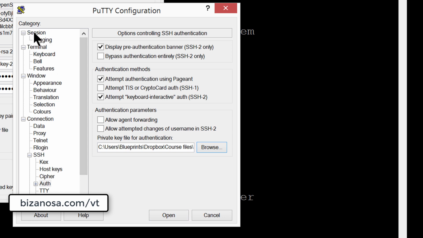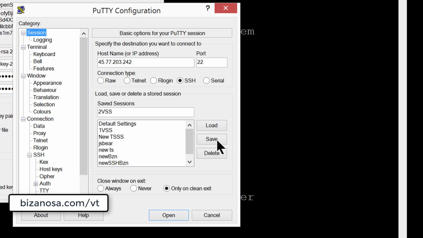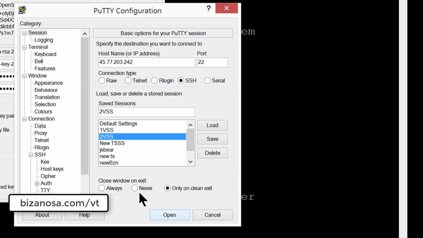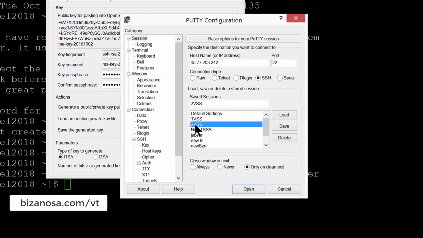I will go back into session, and then I will click on save, and that is going to save this for me, so that I don't have to do this every time. If I don't save it, I may have to keep doing this every time, and I don't want to do that. So just make sure you save yours as well. After saving it, if I double click on it,